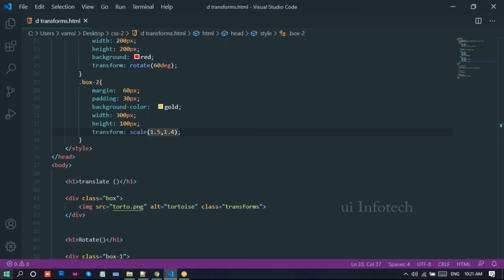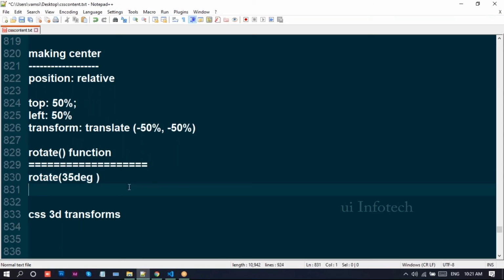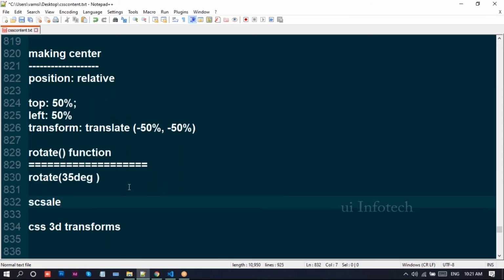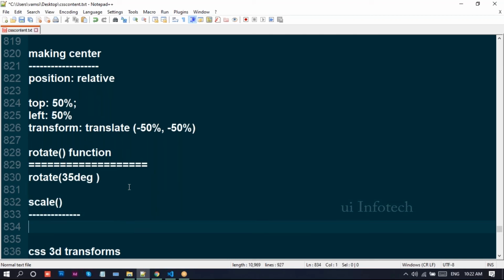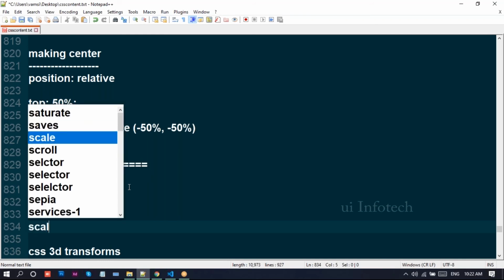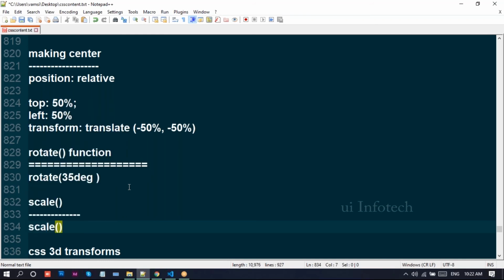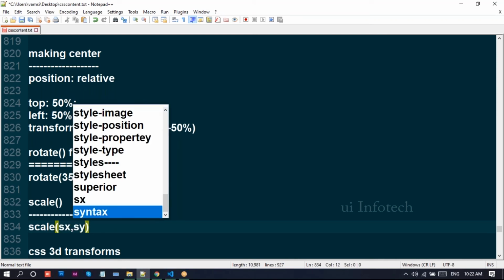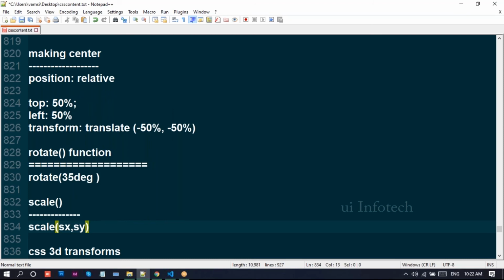And it can be written with the syntax scale(sx, sy). If you don't mention y, it will take only the x-axis and assume y as 0. So scale has x-axis and y-axis.